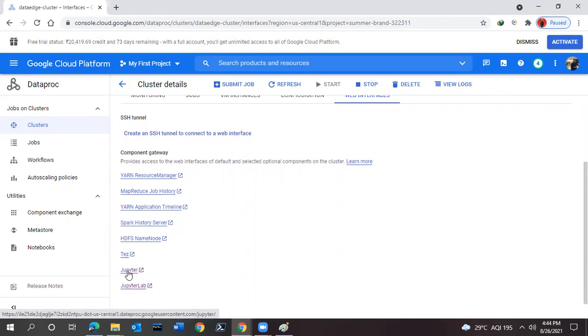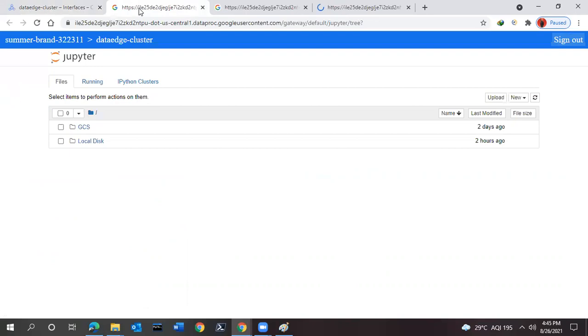So we are more interested now in Jupyter. If you wish, you can click over here, and Jupyter Lab also you can click and see what it is providing to us. Then if required, we can see the Spark History Server also. This is going to maintain the history of all the different Spark applications which we execute.